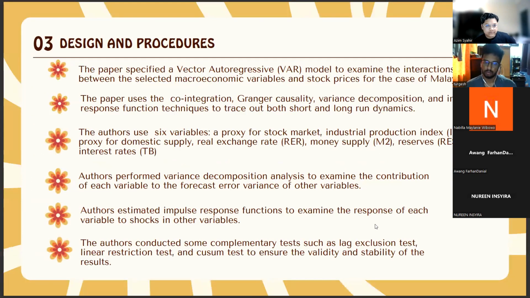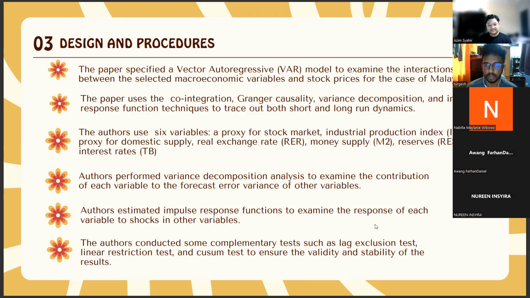Okay, as for design procedures, this paper has specified they have used a vector autoregressive model to examine and study the interaction between selected macroeconomic variables and stock prices for the case of Malaysia. And also, this paper seems to use co-integration, Granger causality, variance decomposition, and impulse response function techniques to trace out both short and long run dynamics. And the author focused on six variables,